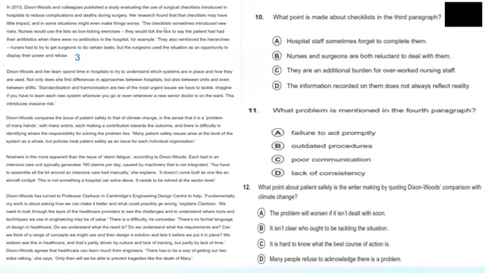The checklist sometimes introduces new risks. Nurses would use the list as box-ticking exercises. They would tick the boxes to show the patient had their antibiotics when there were no antibiotics in the hospital. For example, they also reinforced the hierarchies. Nurses had to try to get surgeons to do certain tests, but the surgeon used to blah blah blah. Starting from here to here,